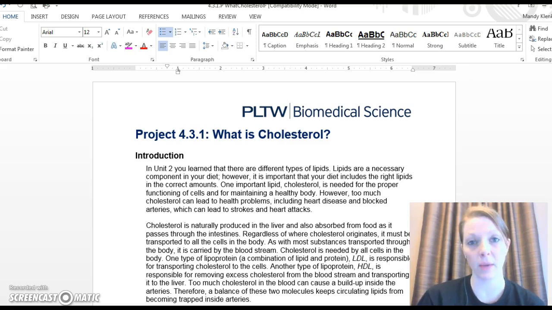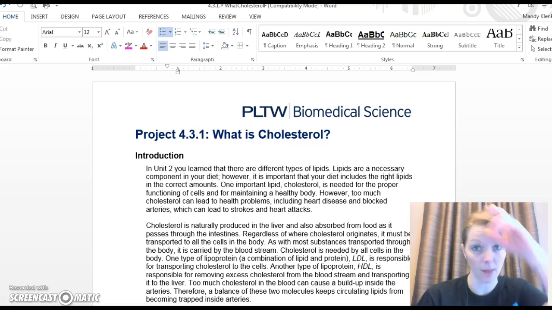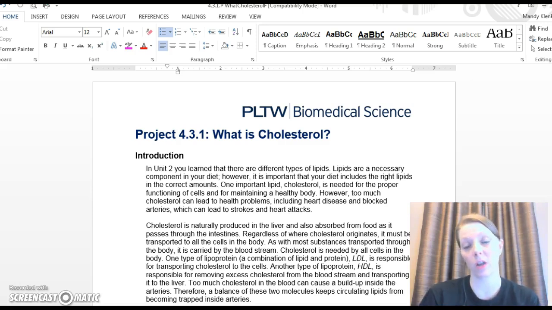Once I get back and we run the actual EKG lab, then we will have a conclusion question check over that. But since you should have plenty of time in class today to get some more done, I'm going to have you go ahead and start the research for the next activity. And then we'll just come back and pick up the lab itself when I get back. So the next activity, 4.3.1.